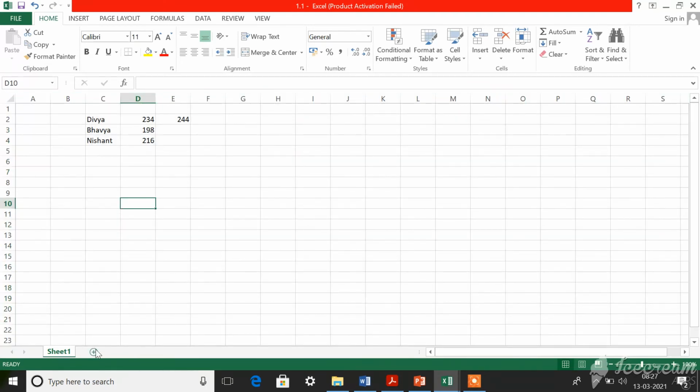You can add a new worksheet by clicking this plus option. Can you see this is another sheet in the same workbook? This is the first sheet, second sheet. If you want to add one more sheet, click on this. Third sheet. When you want to go to the previous sheet, just click on that. It will go to the previous sheet. You understand, dear children? So this is all explained in your chapter 5.